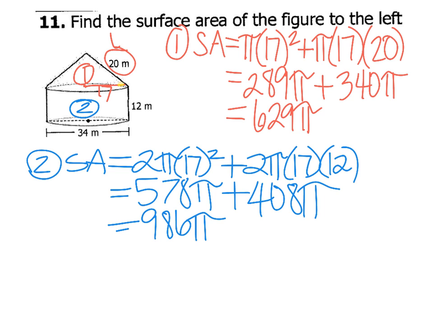Let me get my highlighter. When we found the area of the cone, we included that surface area of the base of the cone. Then when we found the surface area of the cylinder, that also included that same base, all right? So these two numbers, 986 pi and 629 pi, include that yellow base, that circular base,